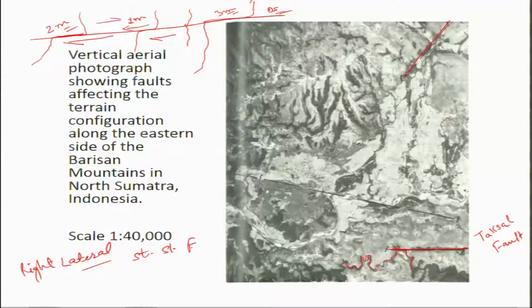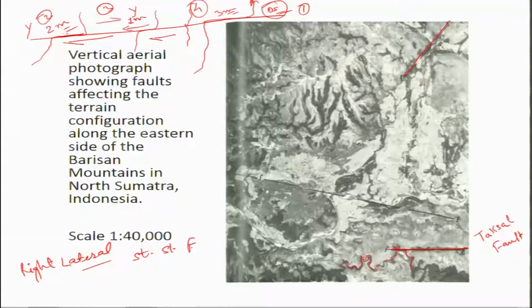which generated along this terrain and flowed through this fault. This is the younger, and this is younger than this. Suppose this is stream number 1, this is stream number 2, this is stream number 3, and this is stream number 4. Because this shows the maximum deflection, it will be your oldest stream which developed on this terrain and crosses the fault. Okay, that's why it shows the maximum deflection.